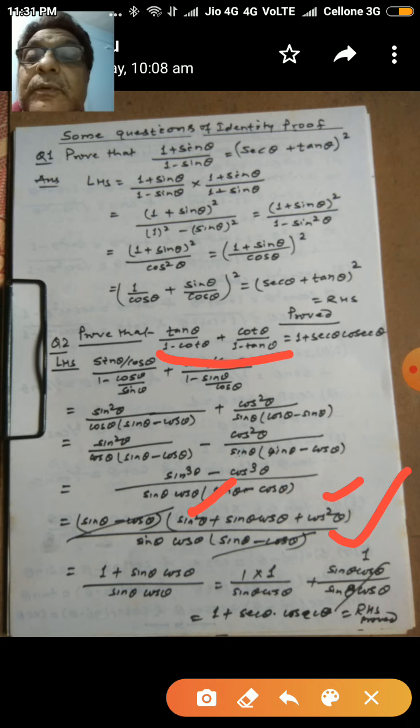Now you have to solve the identities and make an effort. Although in NCERT only 10 questions are given, all 10 are examination questions, and these 10 questions are also the keys for 100 questions of other books. So keep up your practice, and I hope you will definitely be able to solve many questions, and the remaining we will discuss in the next video.